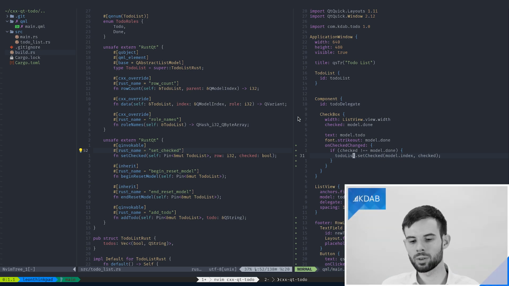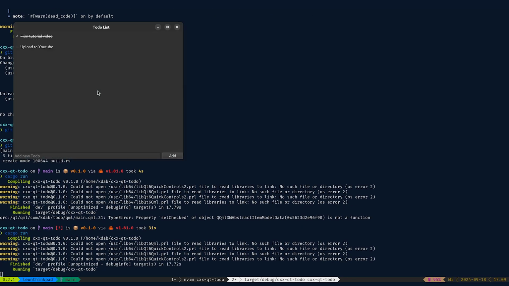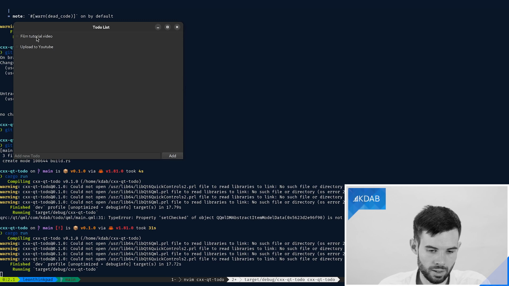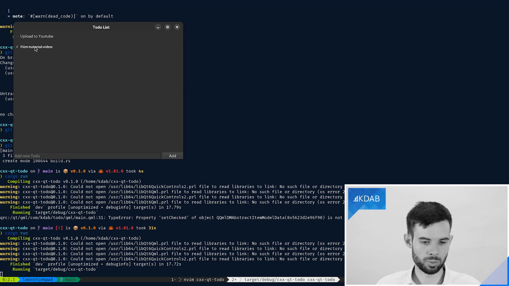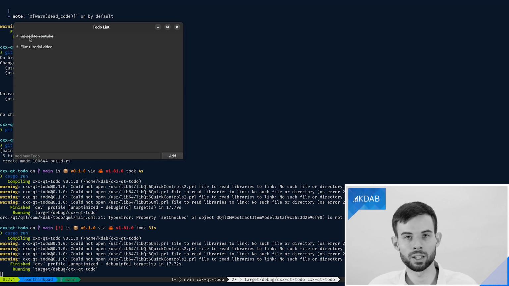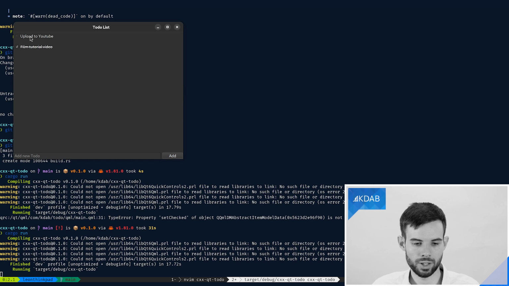I think our problem here is that in this case, the model is not actually the right name here. We need to refer to our to-do list directly in order to call the setChecked function. Because otherwise, model will just mean the QAbstractItemModel itself and not our specific subclass. Okay, so let's try this again. And there we go. Now, when we check an item, it both moves to the bottom and its actual checked value changes. So we also see this in the strike through value of that item.